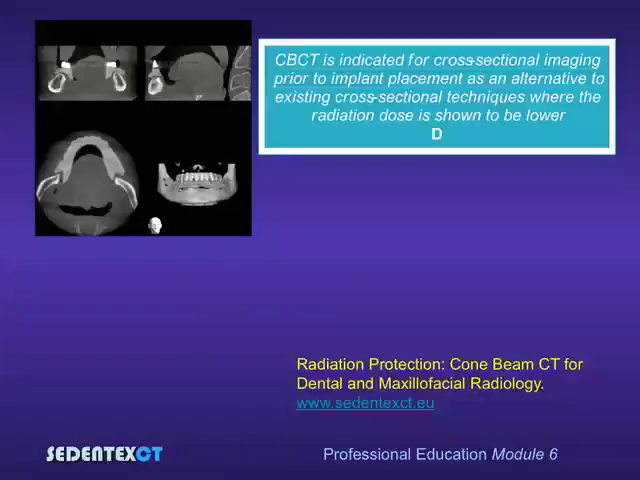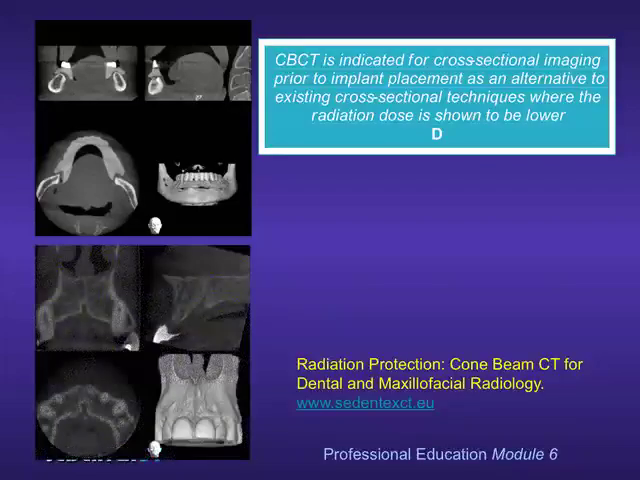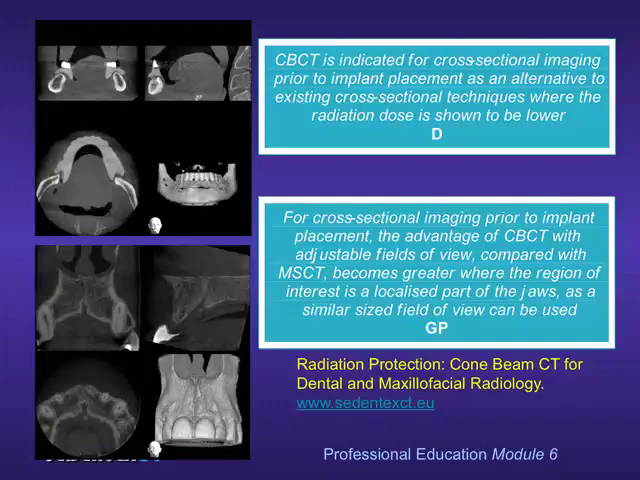The SEDENTEXCT guideline document concluded that cone beam CT is indicated for cross-sectional imaging prior to implant placement as an alternative to existing cross-sectional techniques where the radiation dose is shown to be lower. The advantages of cone beam CT become greater where we are producing cross-section images of just a limited area of the jaws. Of course, with medical CT there is not the same option of reducing the scan volume down to